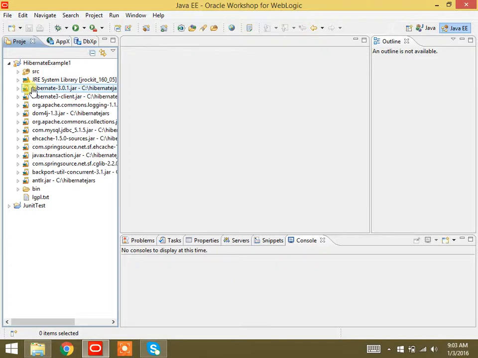So DOM4J will be there? Because it is meant for parsing, you told. Yes, this is meant for parsing only. We are not parsing from XML here. We are giving direct access through annotations only. So DOM4J is not required there, you are saying. Okay, when that scenario comes, I'll show you. Next.